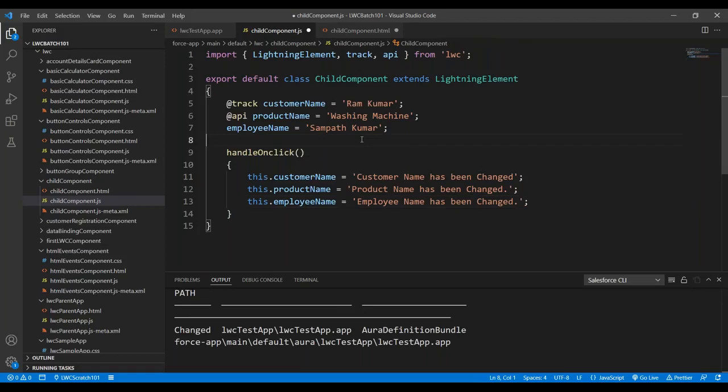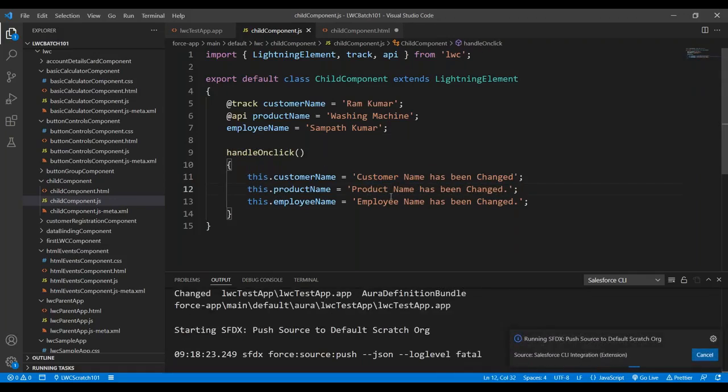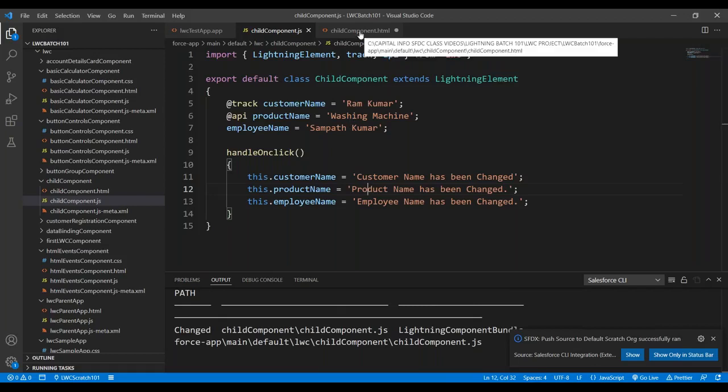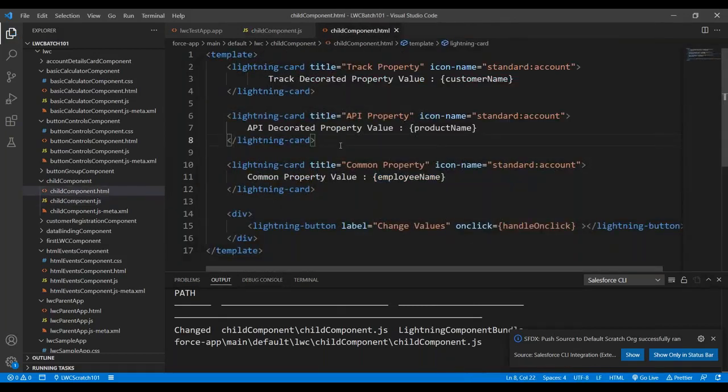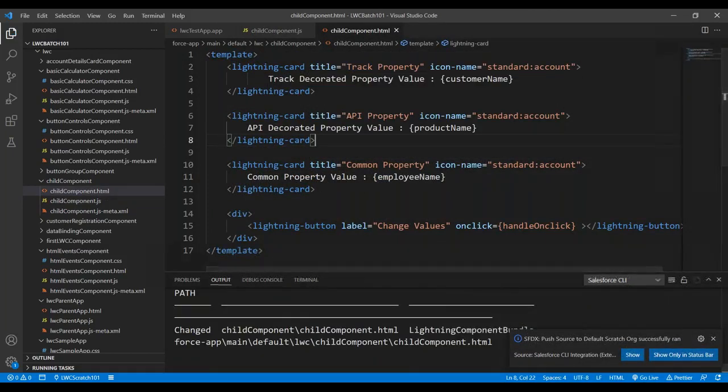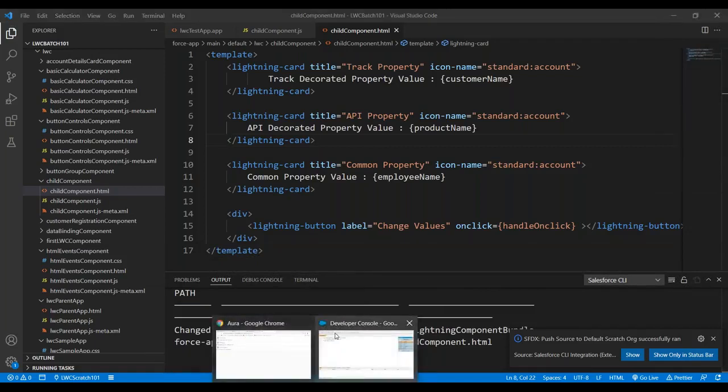That means upon click on that button control, I would like to invoke this functionality and change the values of these properties. That means within the component, I'm changing these values. Now let's see. Let me save this button control HTML code as well. Now let's refresh this user interface. Go to the browser,